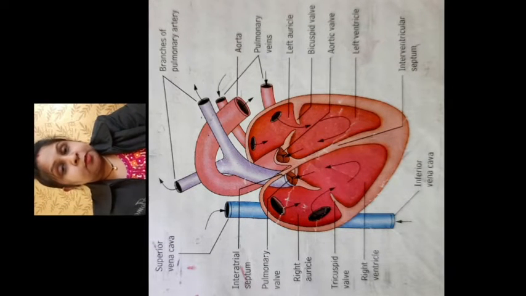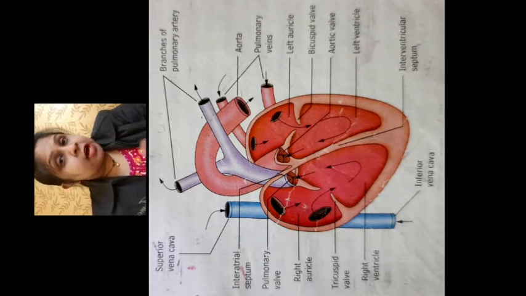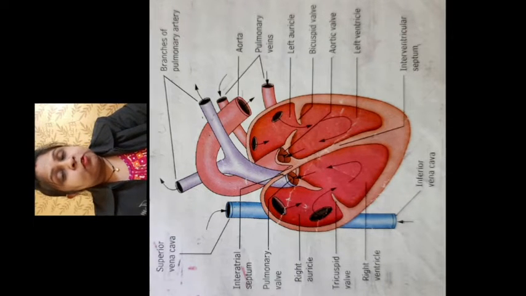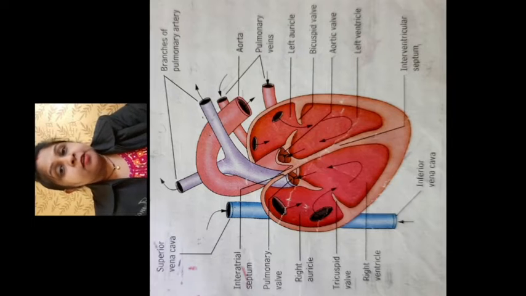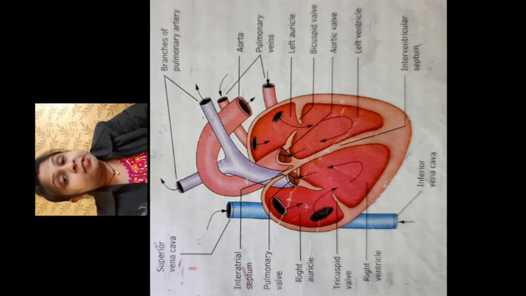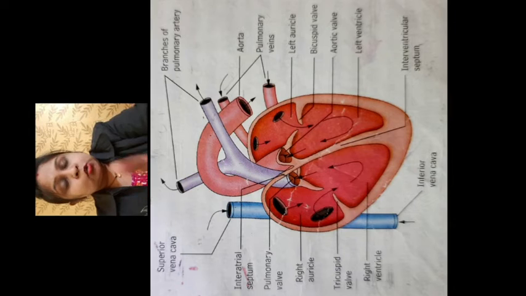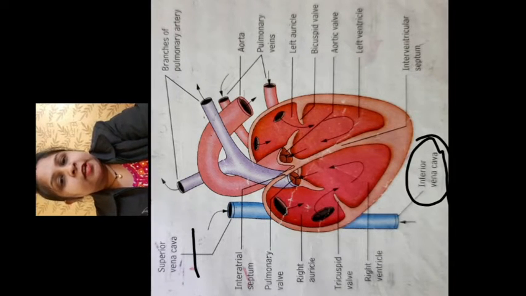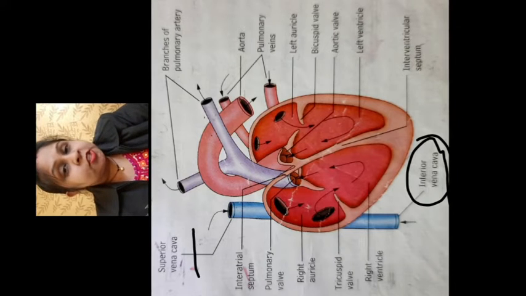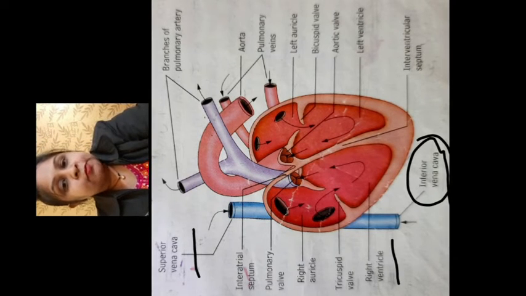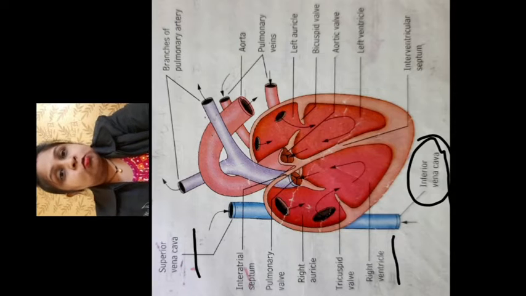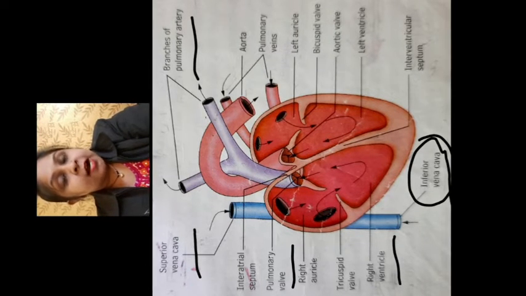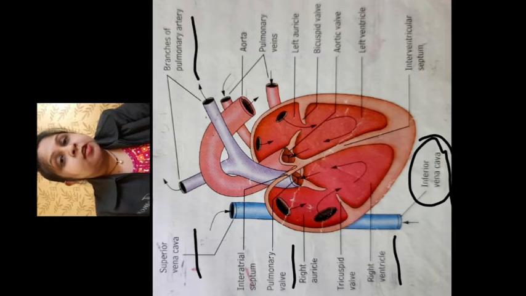Now the deoxygenated blood, after leaving the cells, that is after internal respiration, flows back to the heart through a network of capillaries and veins. This blood enters the heart through two major veins that are called the superior vena cava and inferior vena cava. Okay. The deoxygenated blood from the right ventricle goes to the lung through the branches of the pulmonary artery. The pulmonary valve guards the entrance of the pulmonary artery.